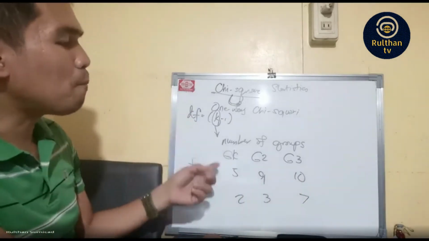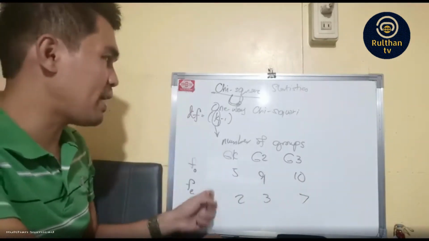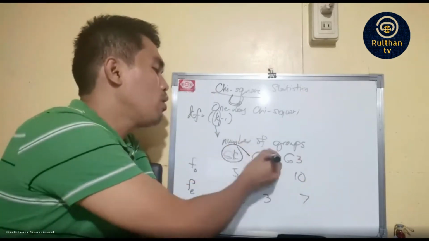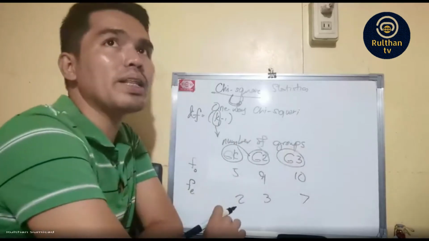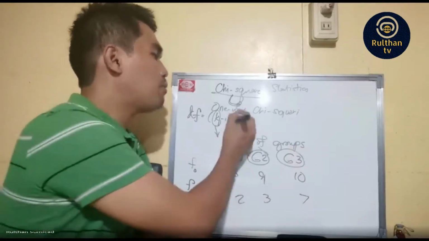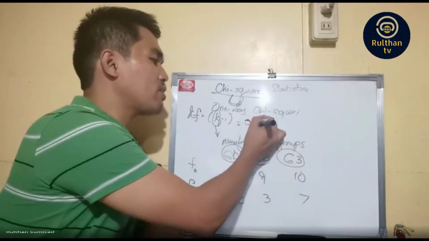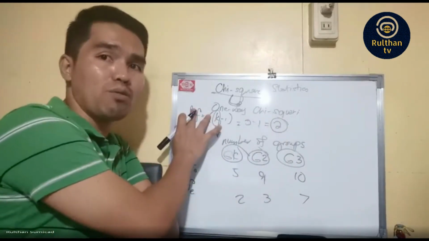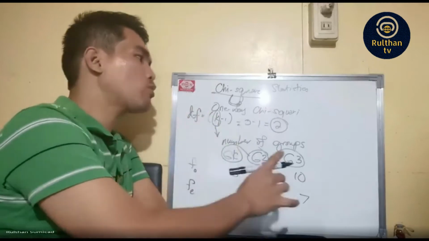Now, if we compute the degree of freedom for this one, it's basically how many groups were there? We have group 1, 2, and 3. So with that, we have three groups here. Our degree of freedom is simply 3 minus 1, giving us 2 as our degree of freedom. That is if it's one-way chi-square. Okay? For a two-way,